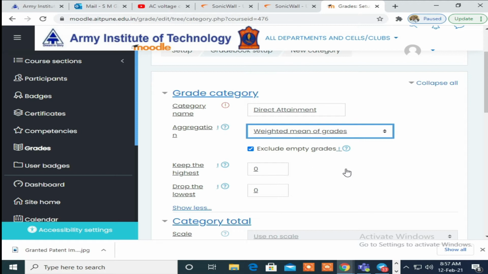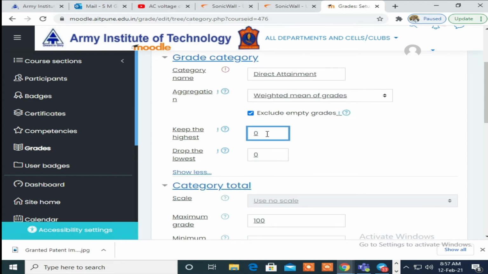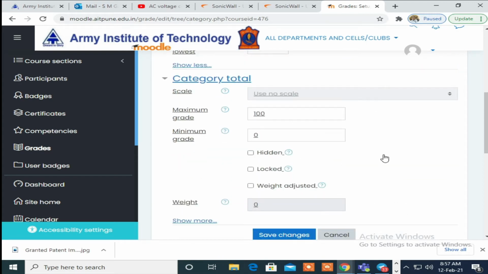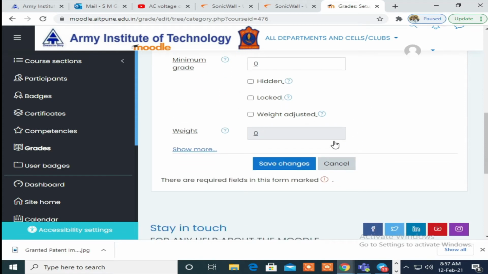Then show more, in which you can click on weighted grade item. The parent category should be under subject, that you can see. Then go for save changes.